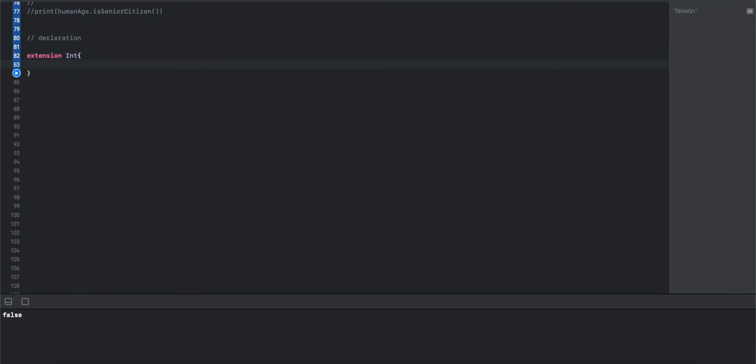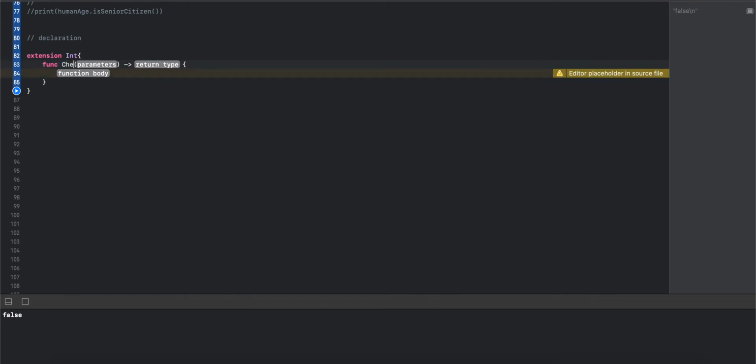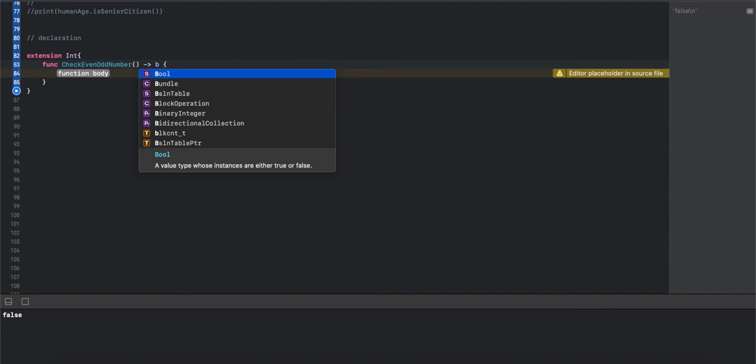Then we are going to create a function, func checkEvenOdd. The checkEvenOdd number is the function name that has no parameter. The return type is Bool.